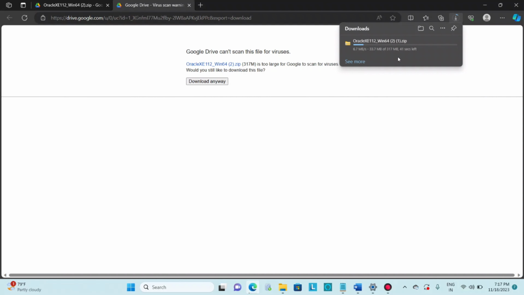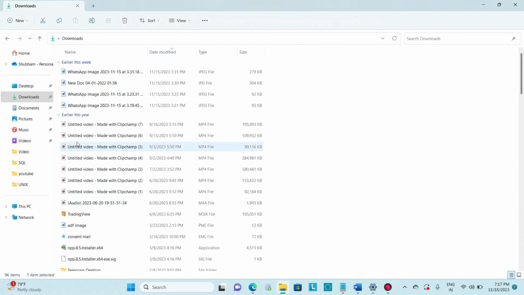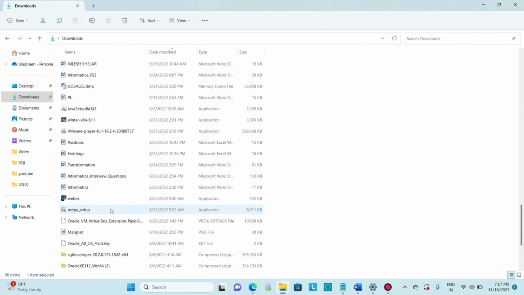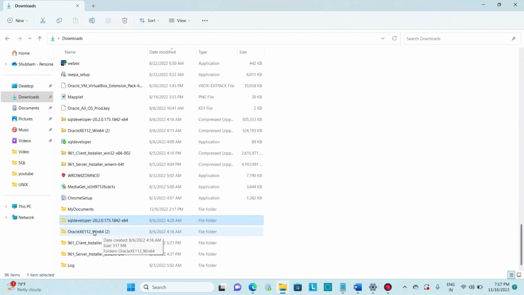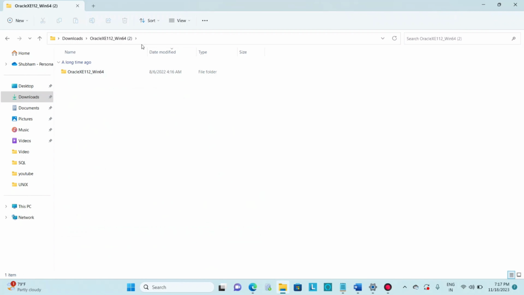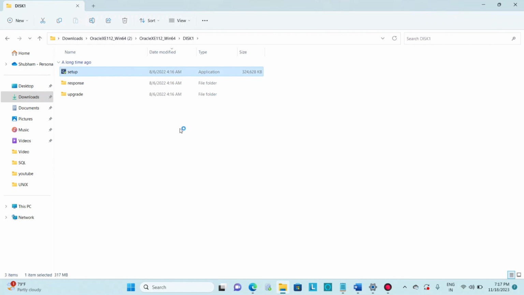This download has started. Once this download completes, you have to go to the download page. Here I have already downloaded this. The Oracle XE 112 file is downloaded. You have to open it and click on this setup. Just double click on this and the setup will start. You just have to click next, click on yes,